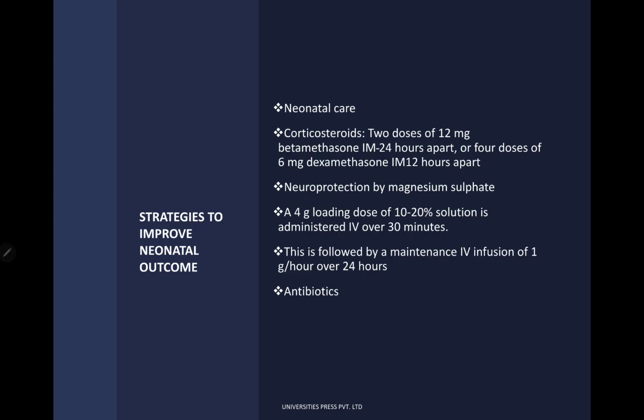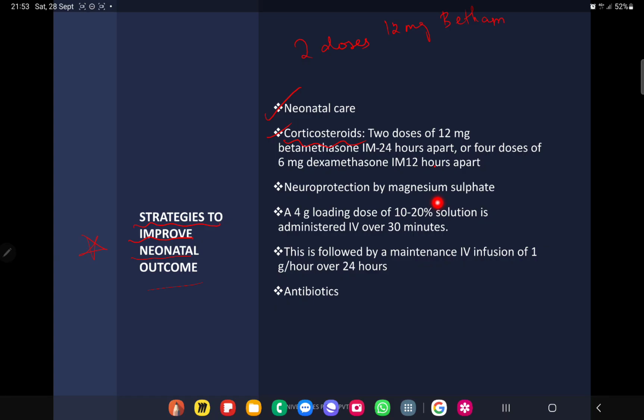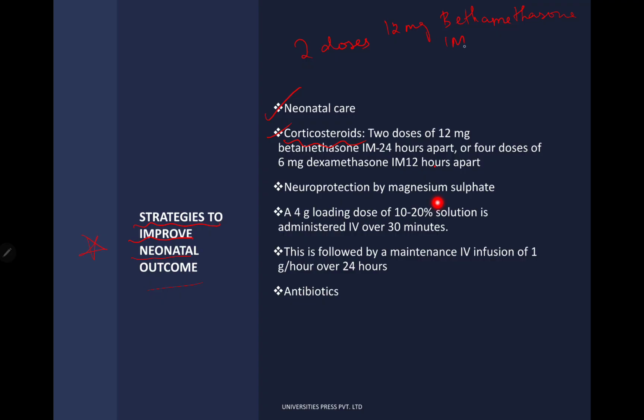Now, what are the strategies to improve neonatal outcome? There are certain strategies to improve the neonatal outcome. First is the neonatal care, very important. Then corticosteroids, where two doses of 12 milligram betamethasone are given intramuscularly, 24 hours apart. Two doses of 12 milligram betamethasone 24 hours apart, or 4 doses